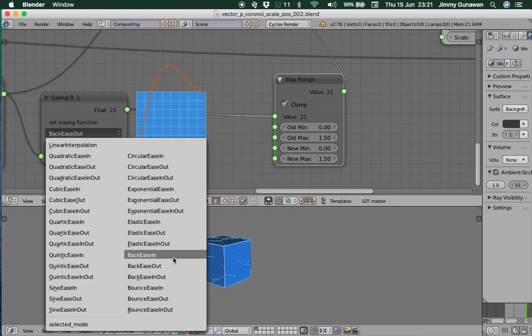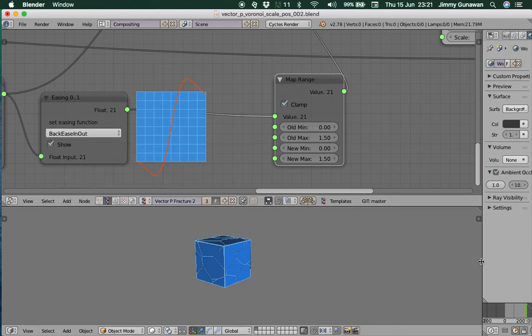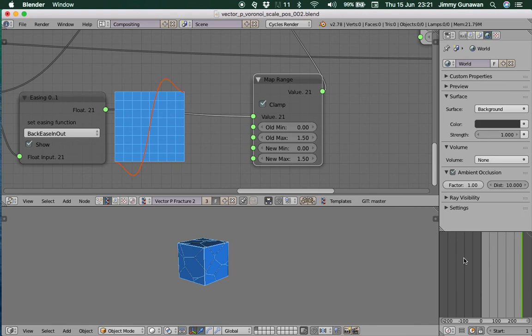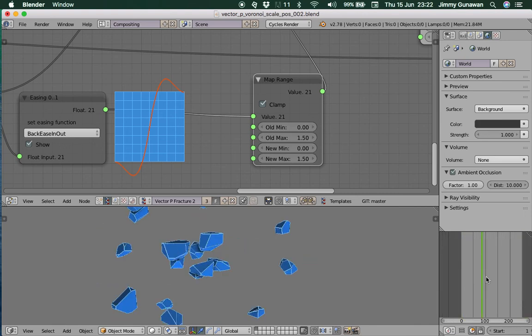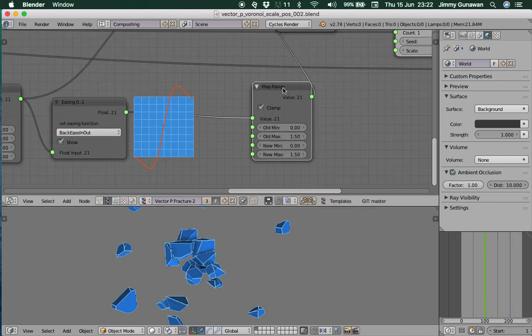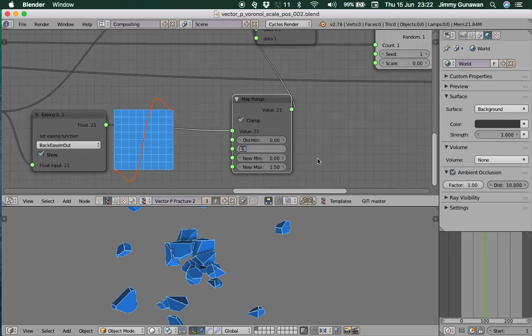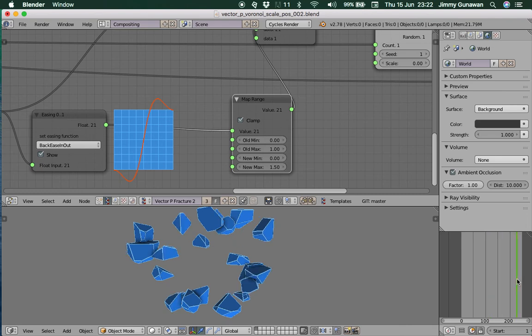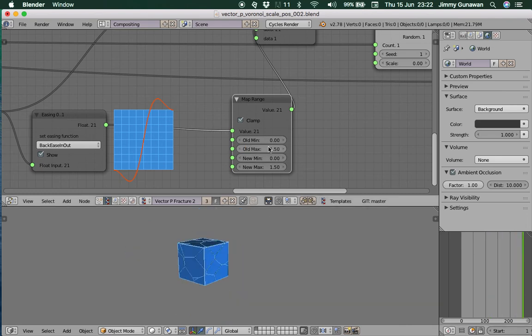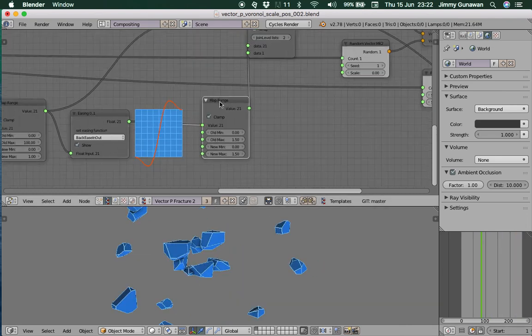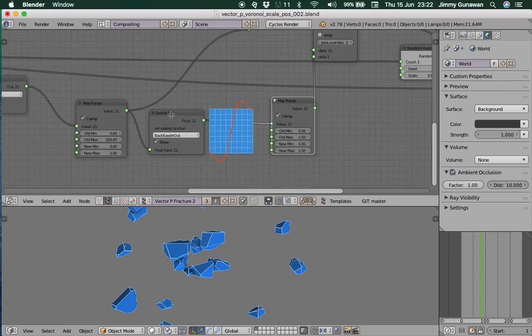Let's try back is in and is out. Yeah, I think it is working like this at the moment. 0 to maybe 0 to 1.5. Oh well, we need to just play around with this number. Sometimes I get confused with